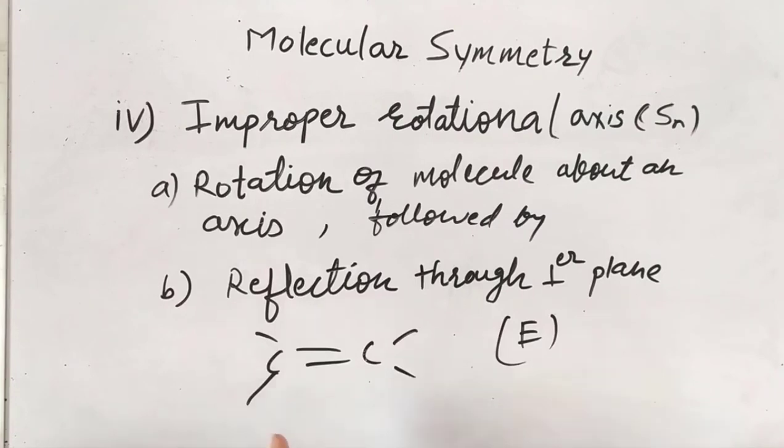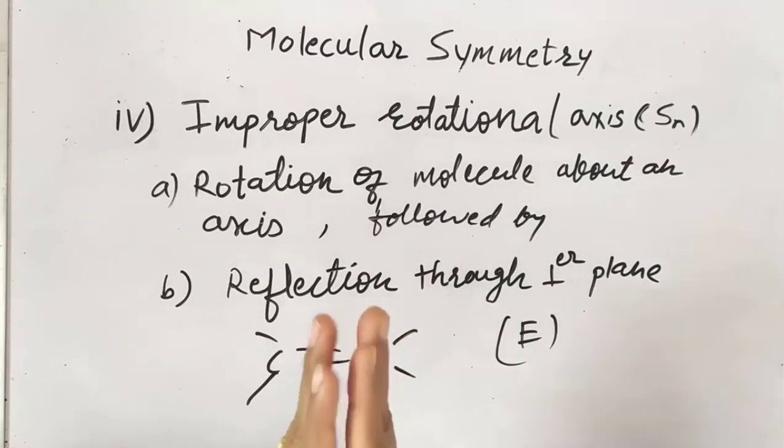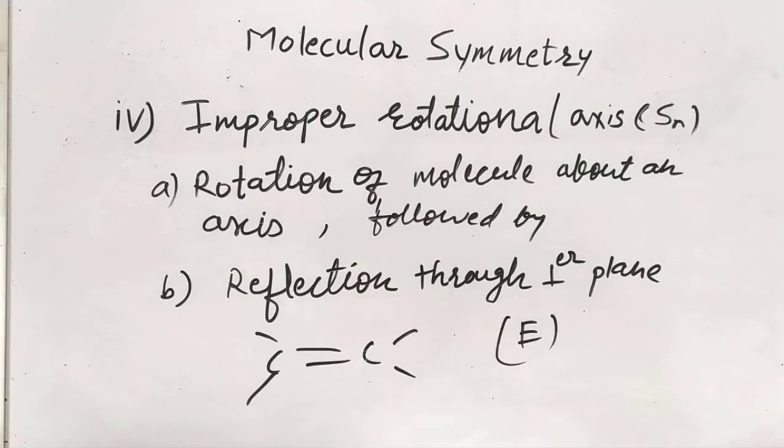So we have to compile all the symmetry elements and we have to give just one name or one nomenclature to that molecule, which is called the point group. So point group means, simply you can say it is a compilation of all the symmetry elements and writing it down in another new form. That is what is called the point group. So at the next module, we will proceed toward the identity and the determination of point group.